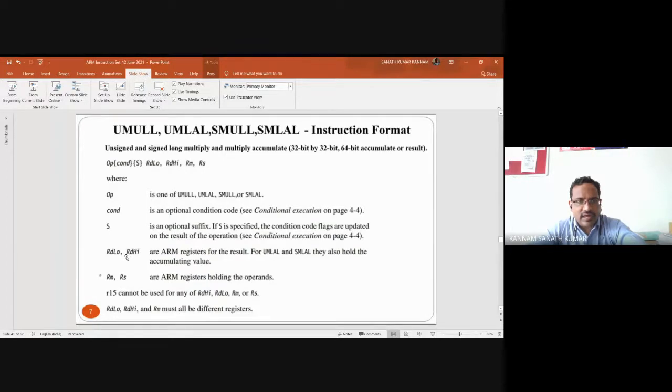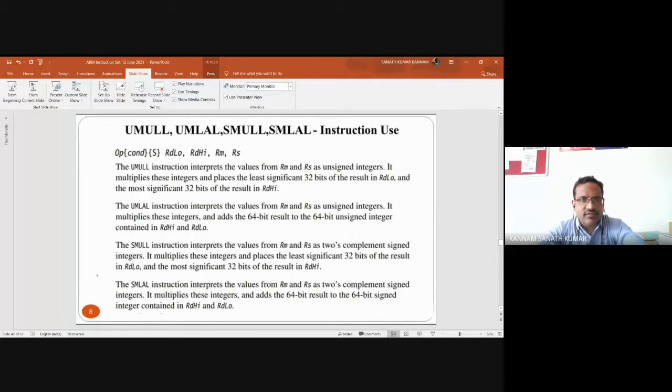RdLo and RdHi will hold the 64-bit value, and these hold the operands. Remember, RdLo, RdHi, and Rm should all be different registers.